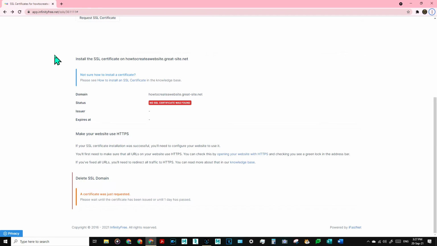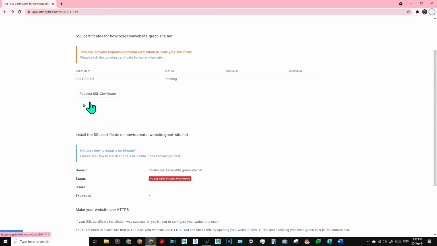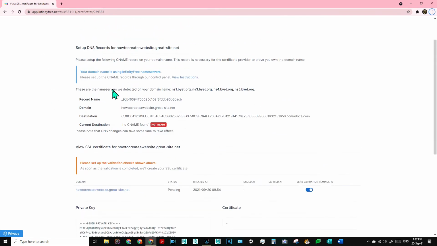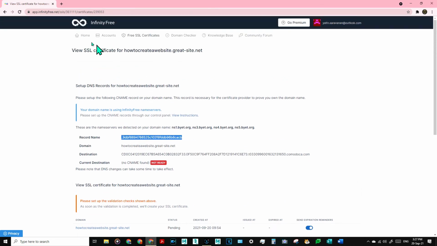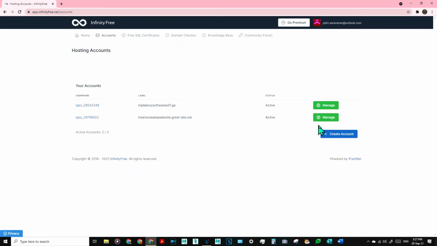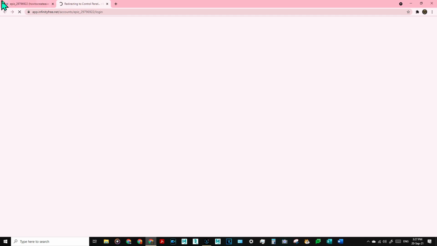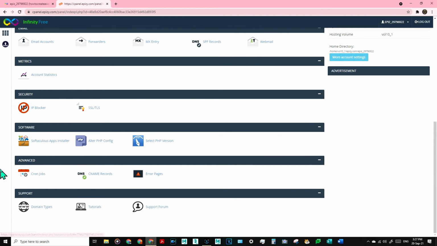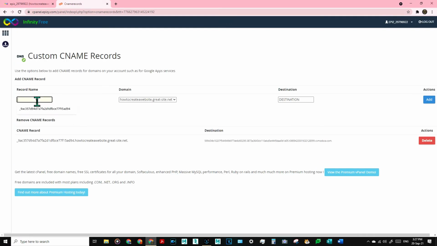And then it will open a tab like this and click request SSL certificate and it will open this. You need to set up the following CNAME records on a domain name. The record name is this. You need to copy this and you need to open the control panel. And you should scroll down to the advanced and click CNAME records. You should paste the record name here